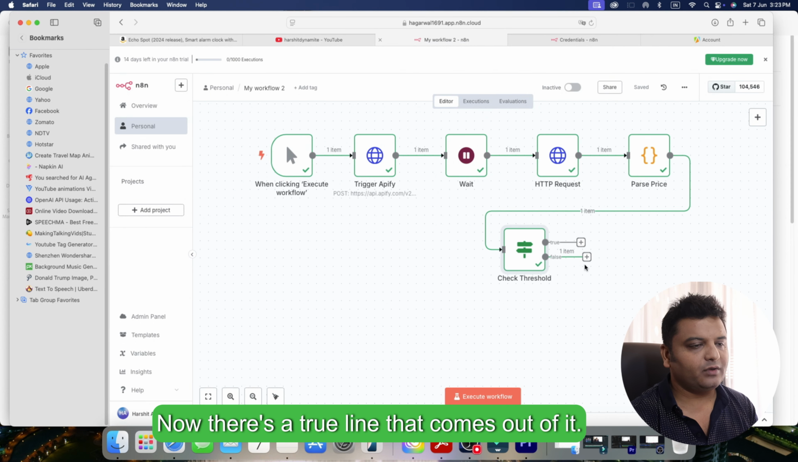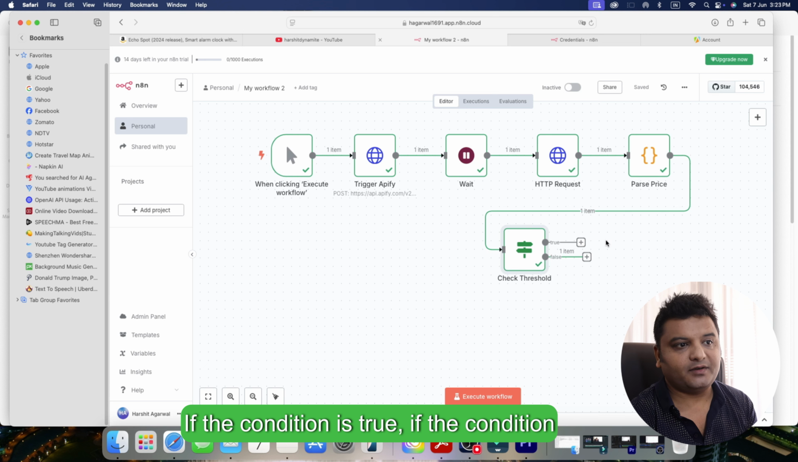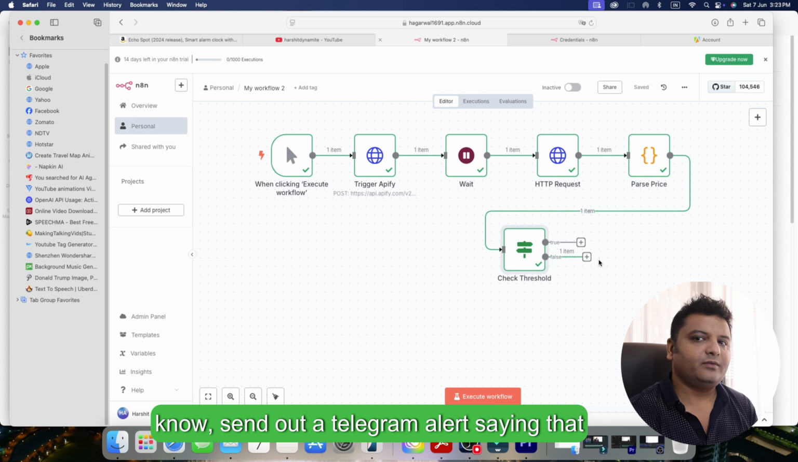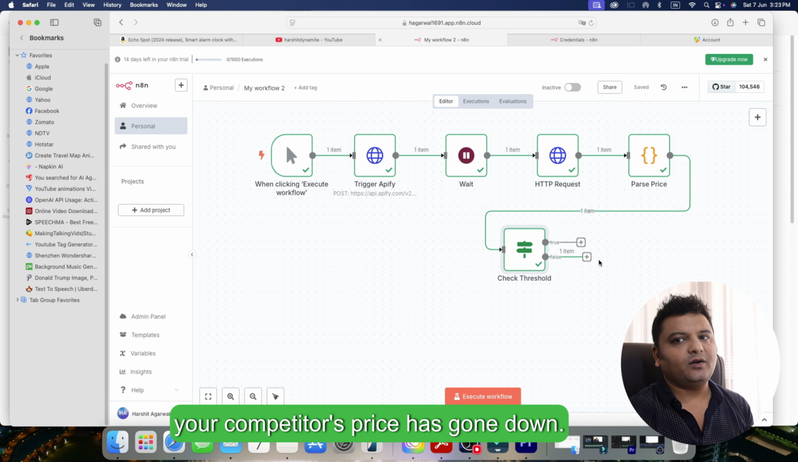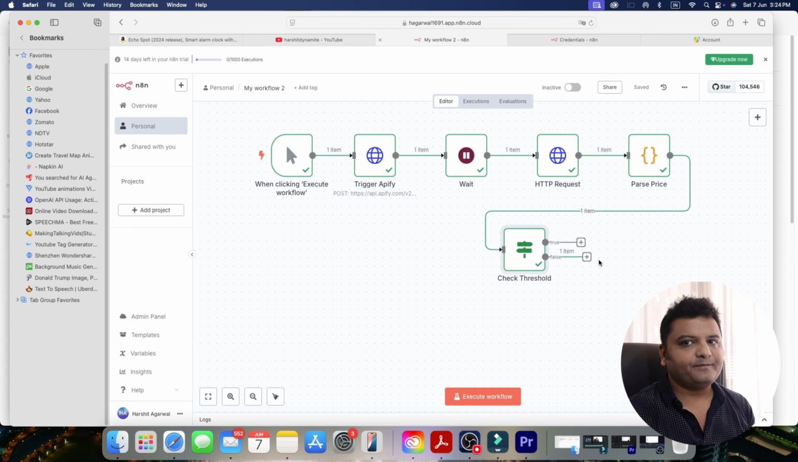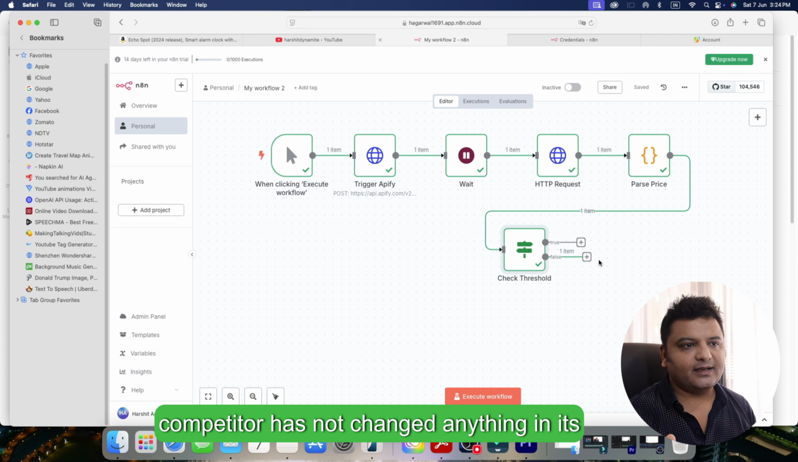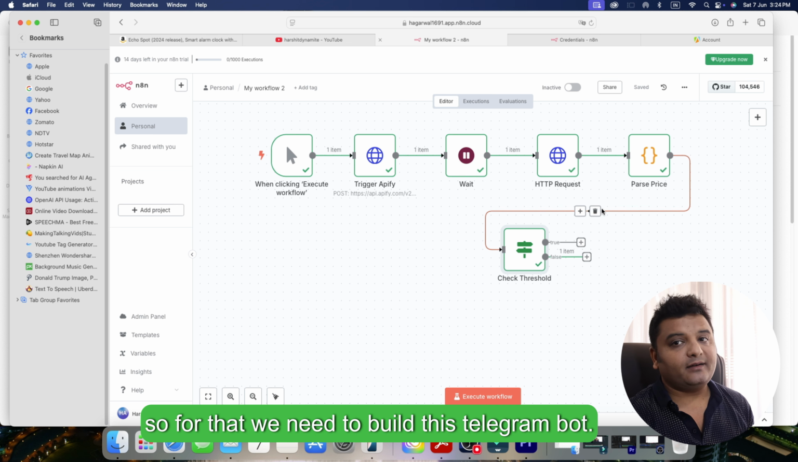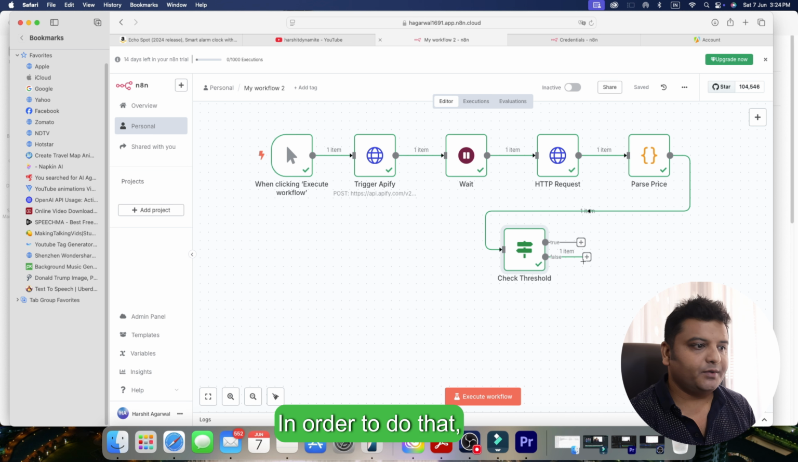Now there's a true line that comes out of it if the condition is true, and a false line if the condition is false. If the condition is true, we want to send out a Telegram alert saying that your competitor's price has gone down. Please check your product price. And if it is false, let's say the competitor has not changed anything in its product price, we are happy. Okay. So for that, we need to build this Telegram bot. All right. In order to do that,